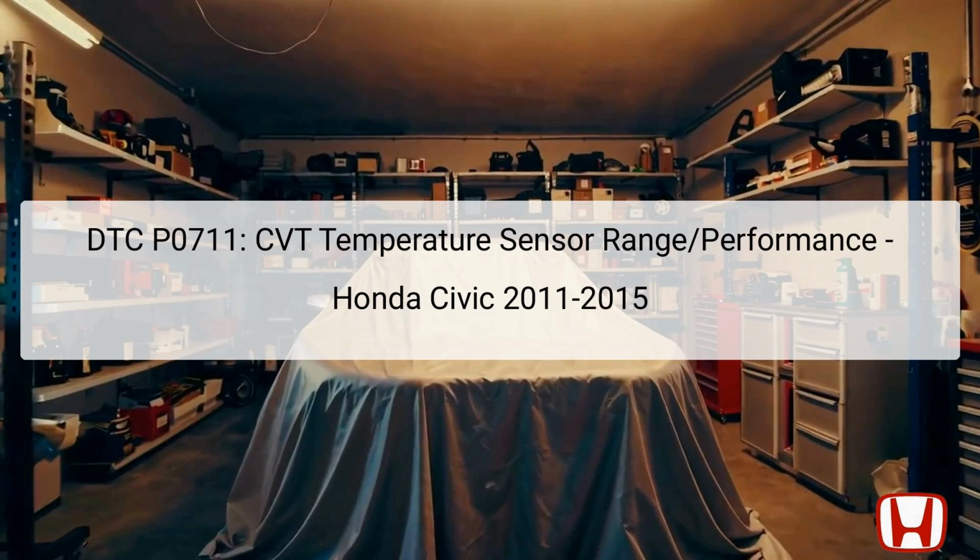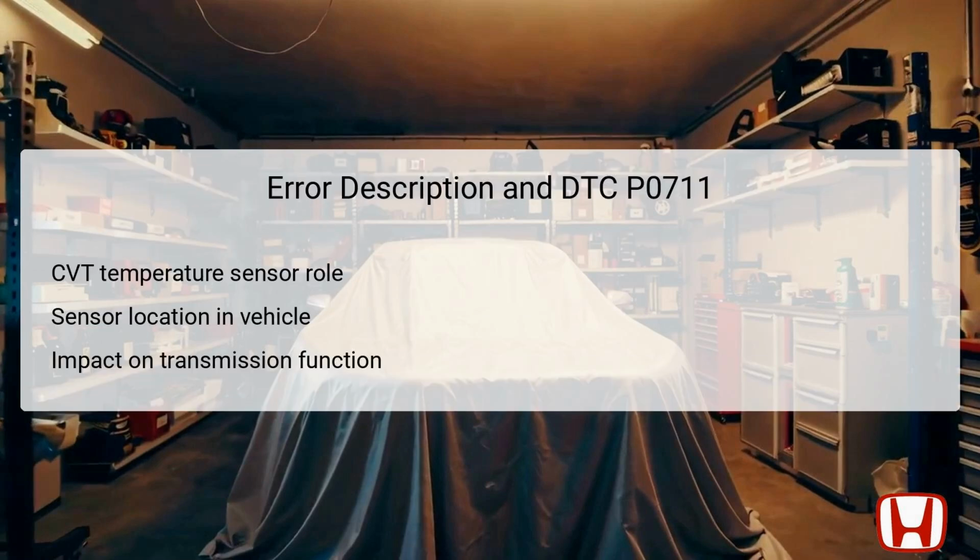The following troubleshooting steps will guide through logical assessments and checks pertinent to rectify the DTC P0711. The DTC P0711 specifically pertains to a malfunction of the continuously variable transmission, CVT, temperature sensor, which is responsible for assessing the temperature of the CVTF. The sensor is typically mounted on or near the transmission case, where it can accurately gauge the temperature of the fluid within. If this sensor fails, it can send incorrect data to the powertrain control module, PCM, leading to erroneous